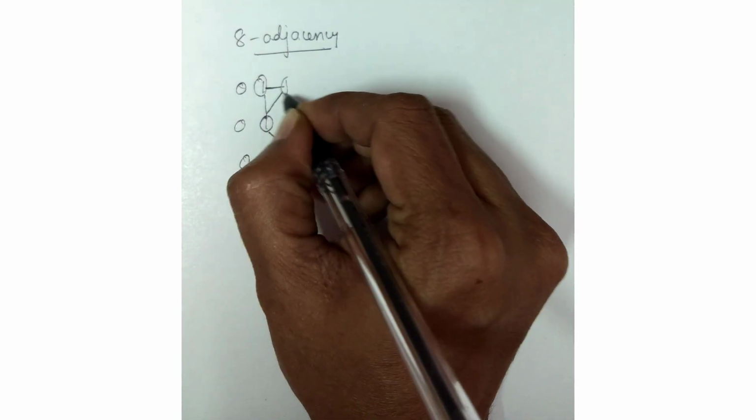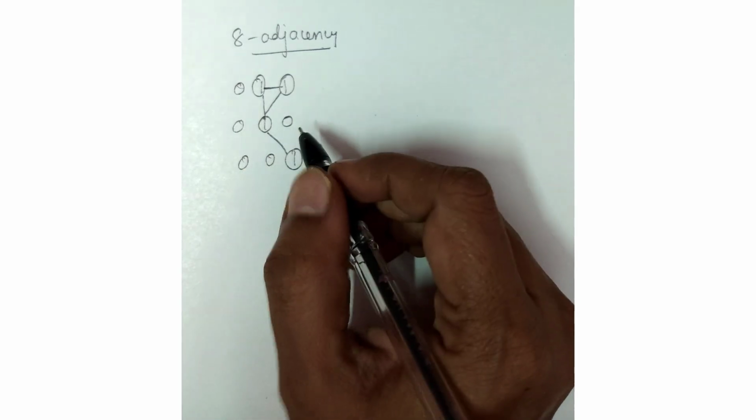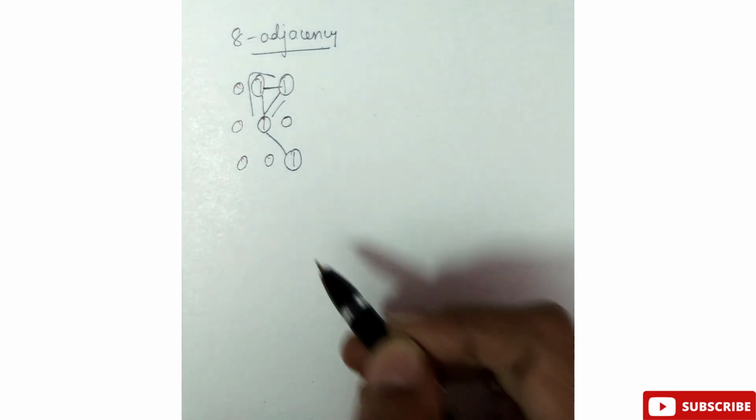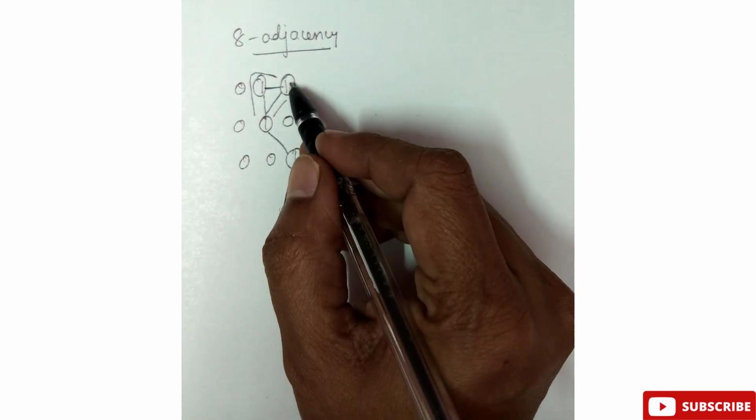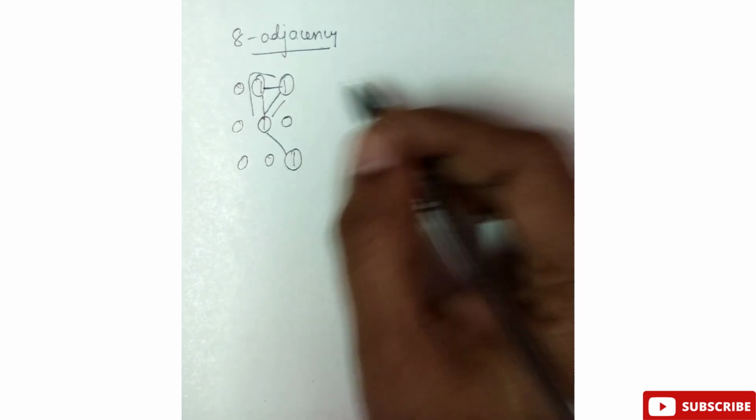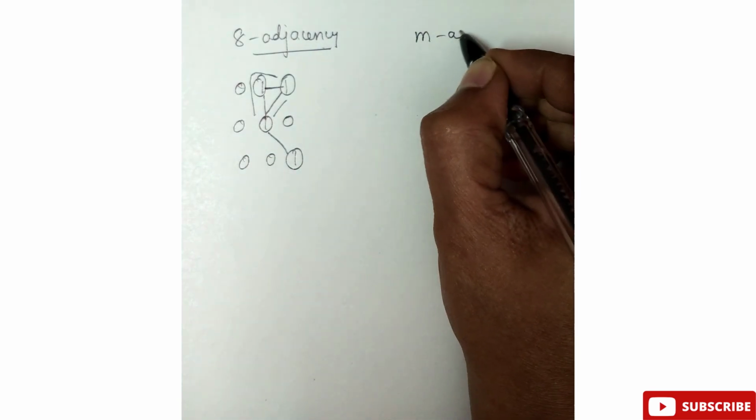One, one, one, one. Okay, so there exists ambiguity between these paths. For this center pixel, this corner pixel is connected in two ways. That gives ambiguity. But if you go for M adjacency,